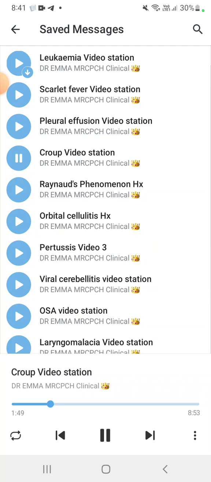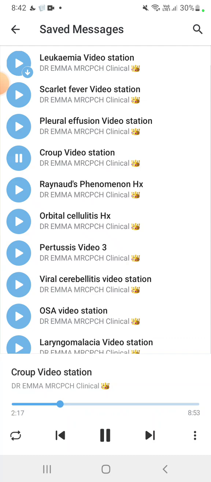What history would we like to ask? So for croup, I would like to ask the onset, progression, duration of the disease. Is anyone else in the family having similar symptoms? Does the child go to nursery where he could have contracted the disease? So, as usual, in the history, we are asking onset, course, and duration.